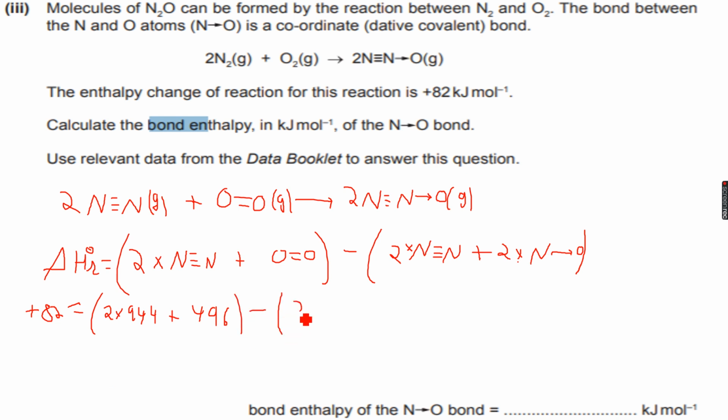Minus 2 into again 944 plus 2 into N. Now what we get is basically, let me take out my calculator. So 2 into 944 plus